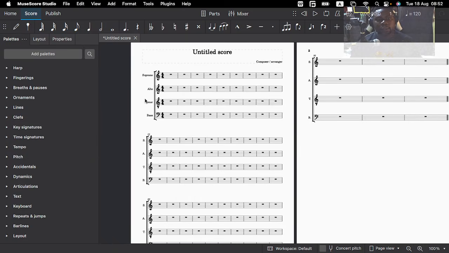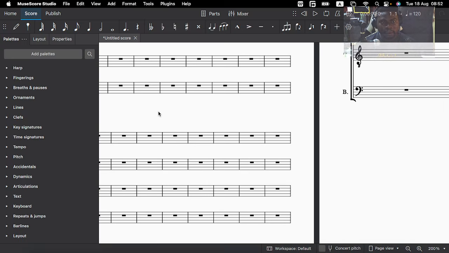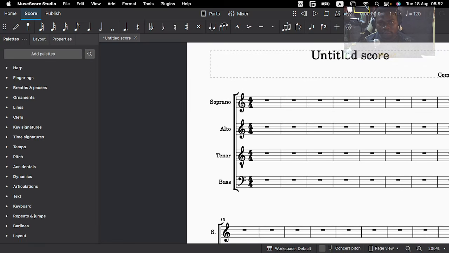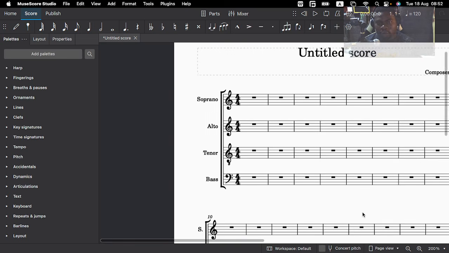You can see what I explained earlier. You see soprano, treble, alto, treble, then tenor. You see the octave lower sign, then this. So now, if I write